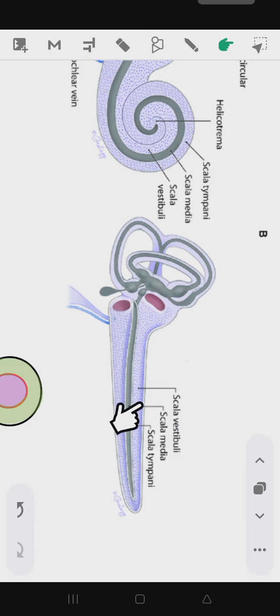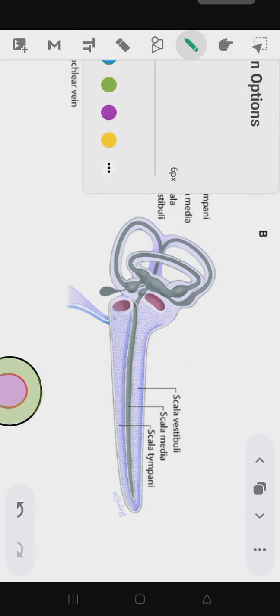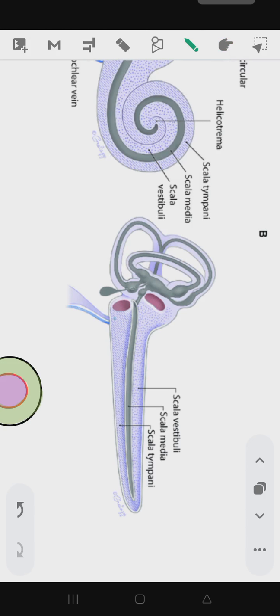This is very easy to understand: there is a bony labyrinth outside, made up of bone, and a membranous labyrinth inside, made up of membrane. All the purple color which you can easily appreciate is known as what lymph? Yes, that is the perilymph. And this dark-colored structure is the fluid which is endolymph. And this is the membranous labyrinth. Okay, to make it clearer, I am just cutting it from here in this plane.